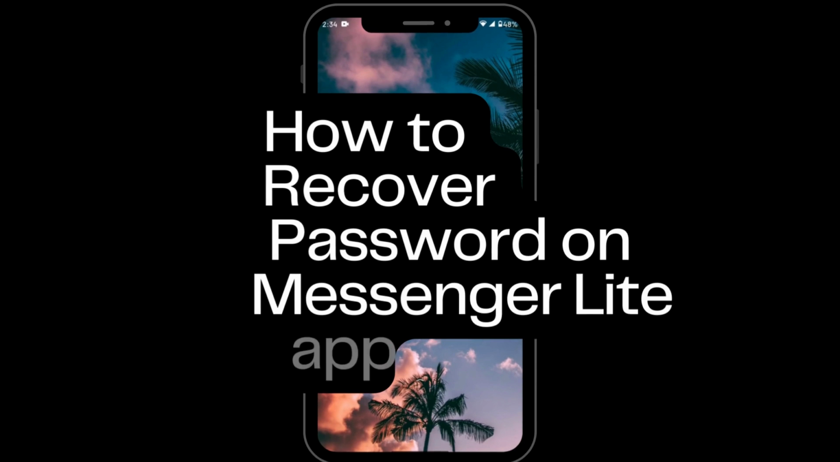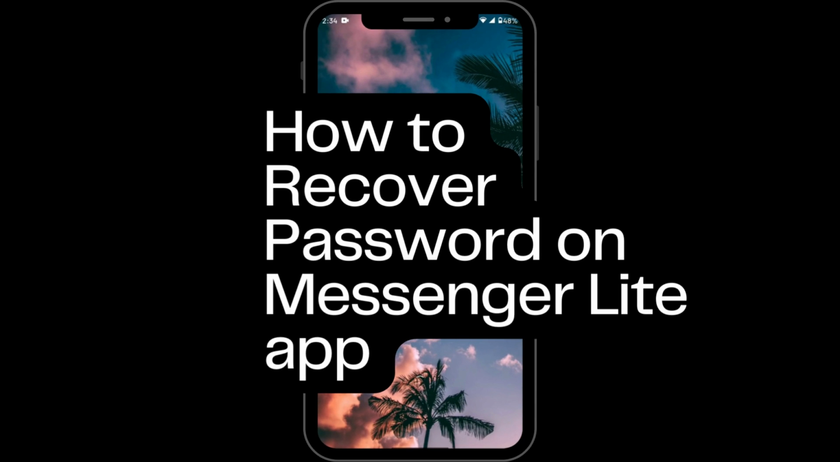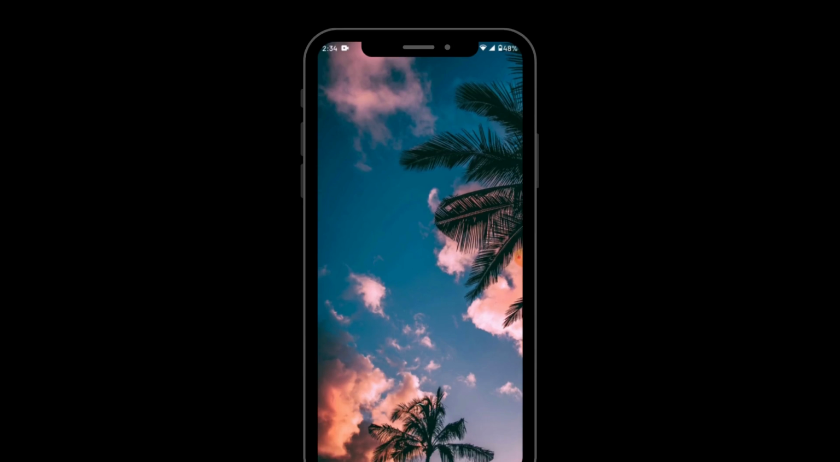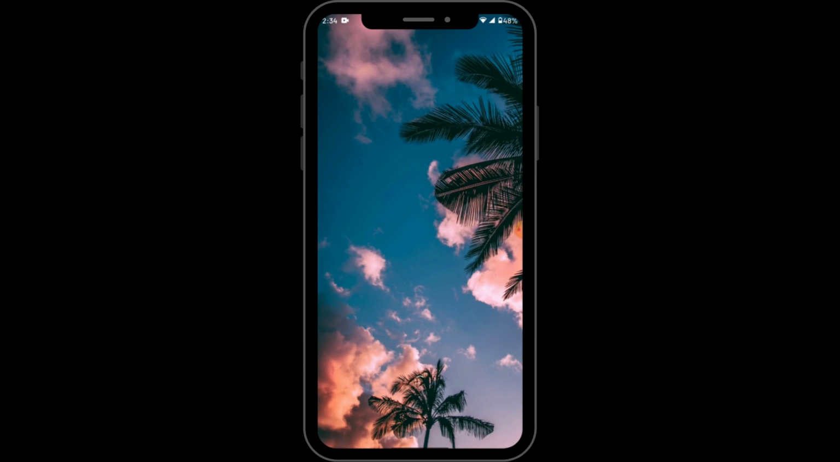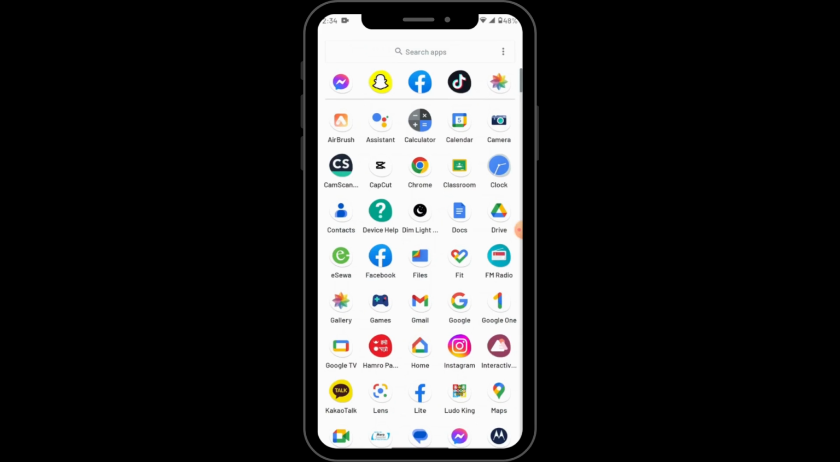How to recover password on Messenger Lite app. So if you want to recover your password on Messenger Lite application, then first of all open up your Messenger,